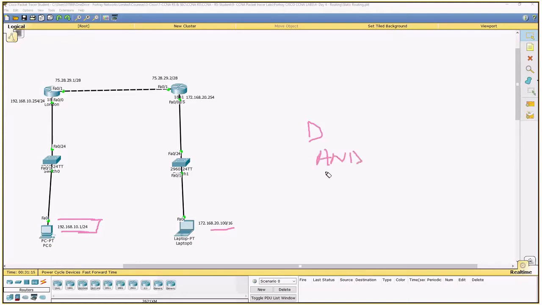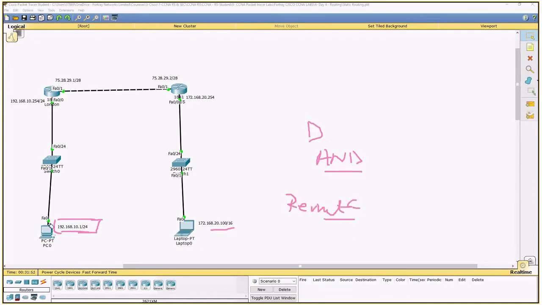So to find out whether it's local or remote, we do the AND operation. If you do not understand the AND operation, go back to my subnetting or IP addresses lecture, where I have explained the AND operation. So this IP address is converted into binary, this subnet mask into binary. We do the AND operation: 1 and 1, 0 and 0, 0 and 1. So only 1 and 1 is 1, right? So we did the AND operation. Oh, we found it's not local, because if it's local, then the answer would be the same. Oh, it's not local, it's a remote network.